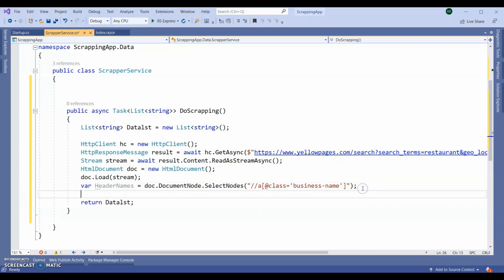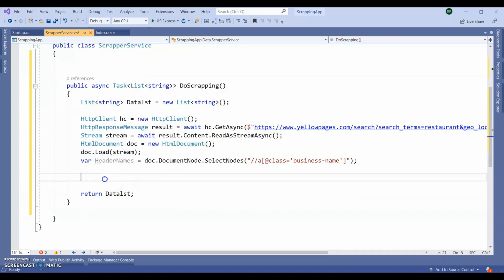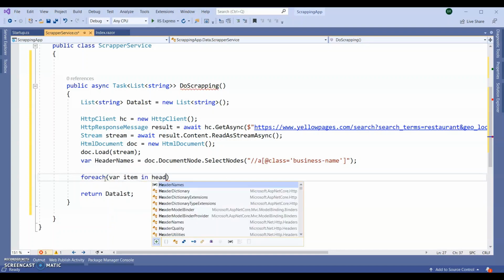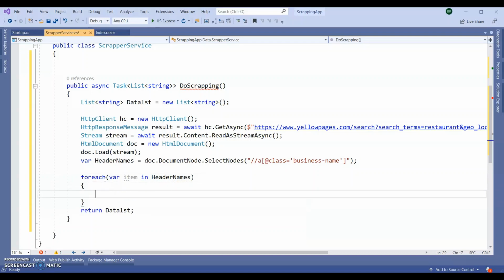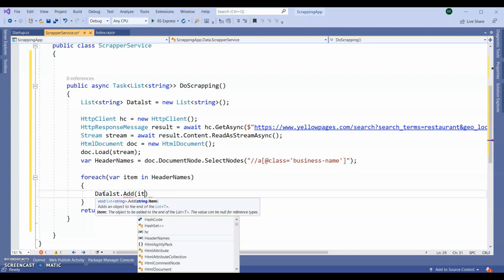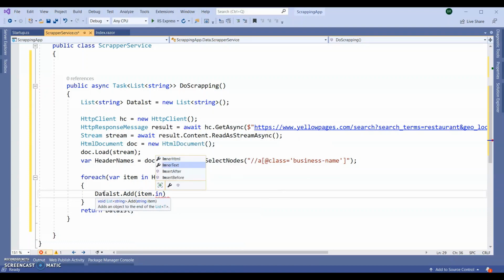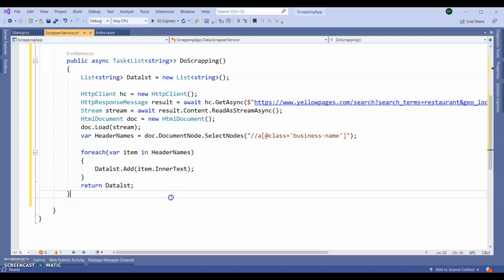Done. Next I'm going to loop here for each header name, data list add, the inner text. So this anchor's inner text I am adding to this data list.